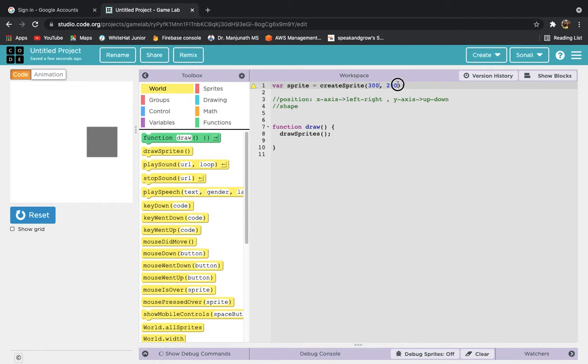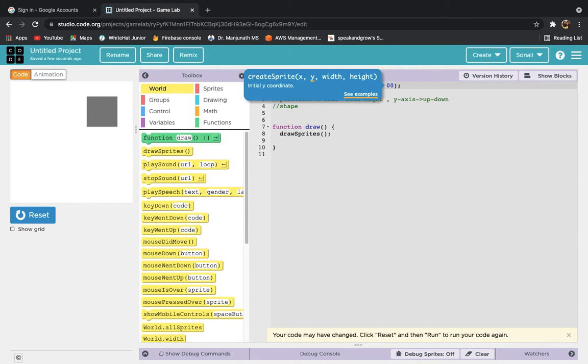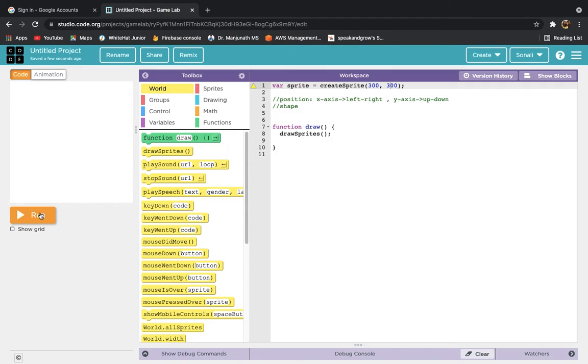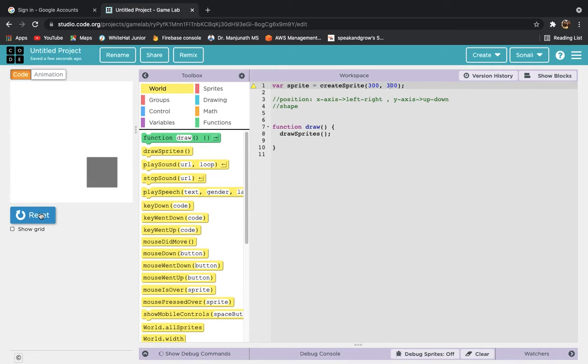Same happens with y, that is up down. The second number is to move it up and down. Let me try with a lower number, and you should see it moving up. And if I give a higher number, it will move down. So if you want to put anything anywhere, we can do it using the position variables.